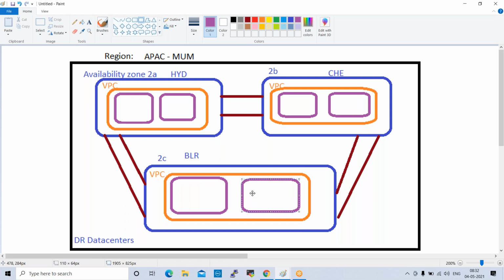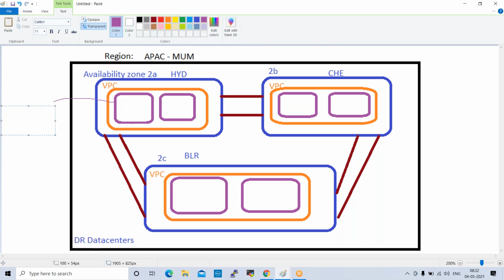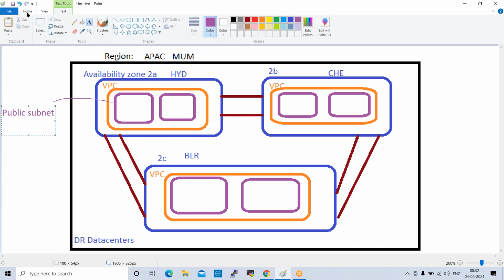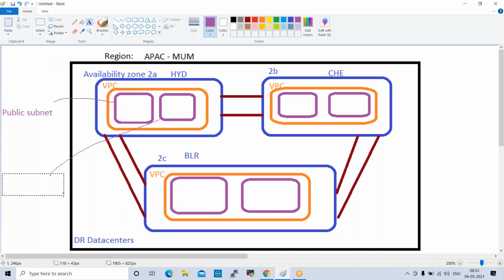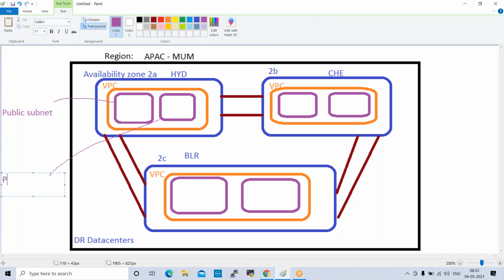Anyone have an idea? For example, this is a public subnet and this is a private subnet. Subnet and data, any guess? Anyone? Smaller networks.